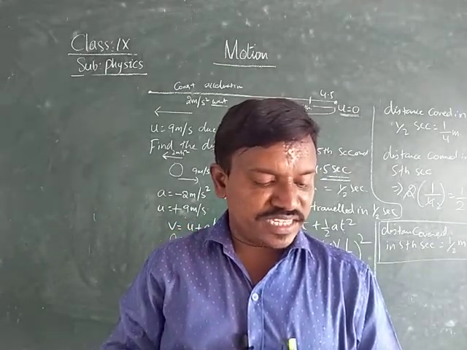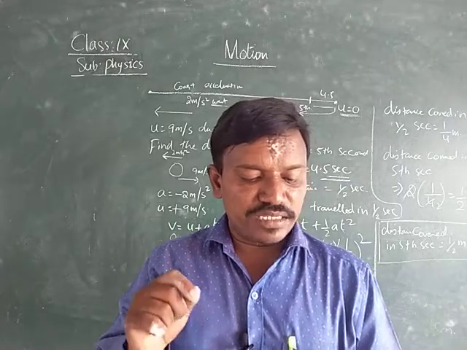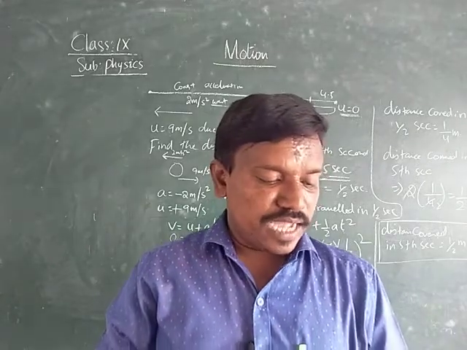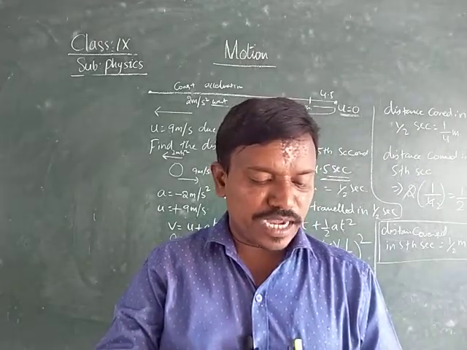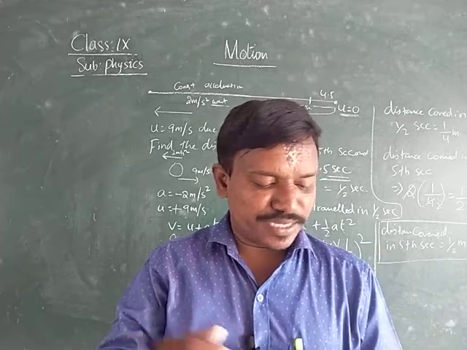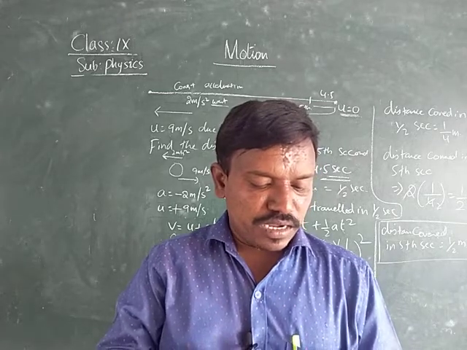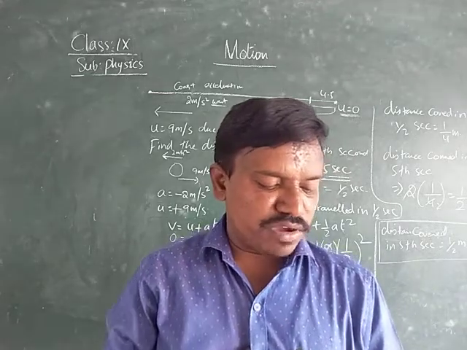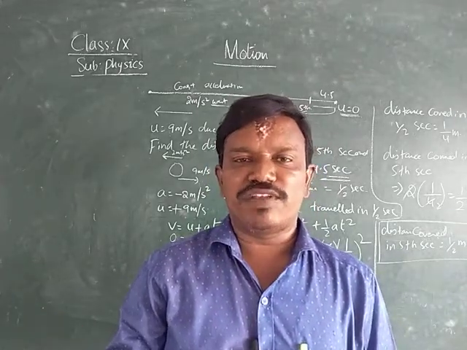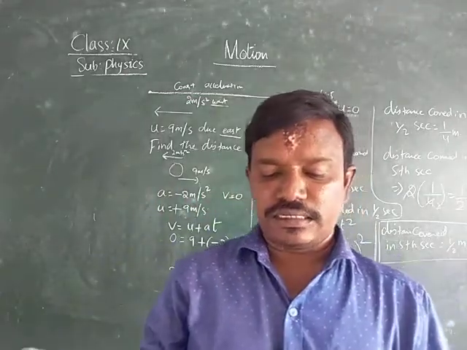Distance definition he had given. Distance is the path traversed, and displacement is the shortest distance in a specified direction. Average speed is the distance covered per unit time, and average velocity is the displacement in a specified direction per unit time. Instantaneous speed gives the idea of how fast the position of the object changes. Velocity is speed in a specified direction. Velocity is defined as the speed in a particular direction.